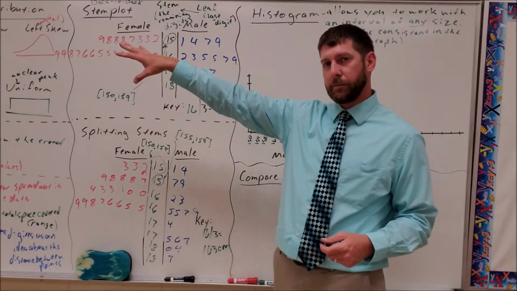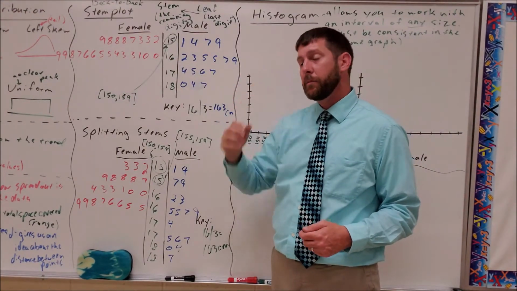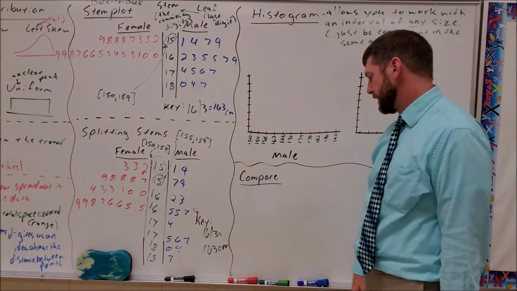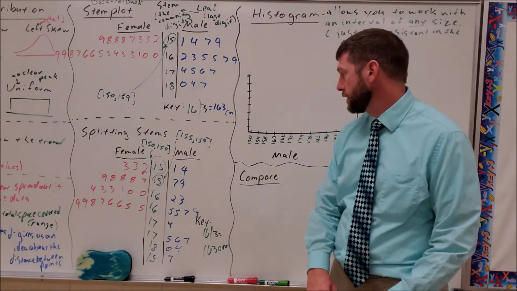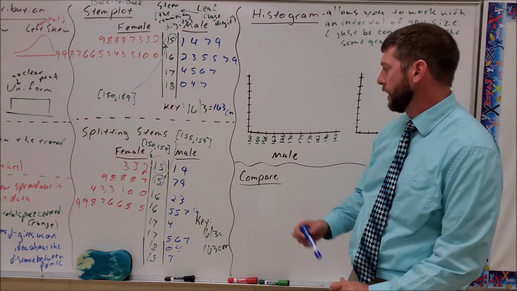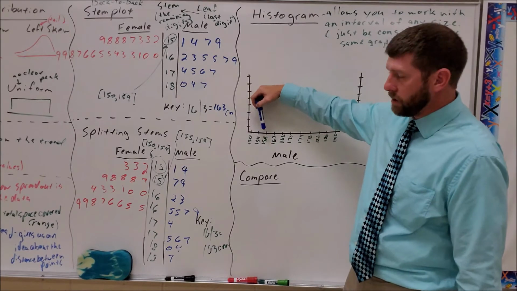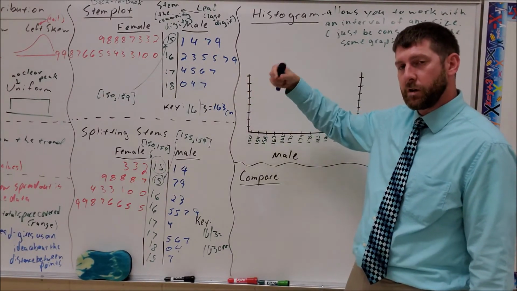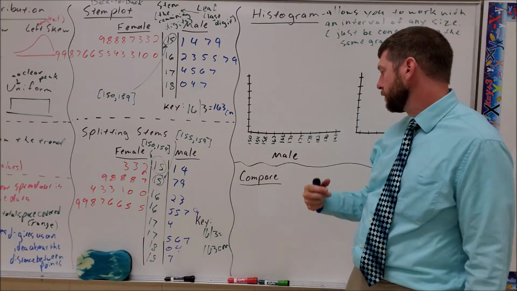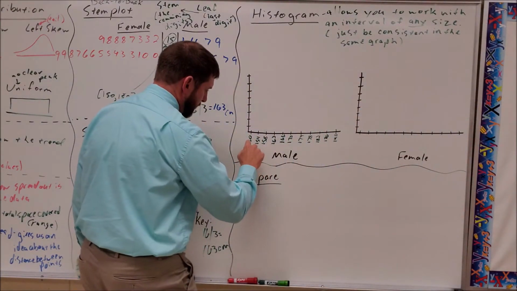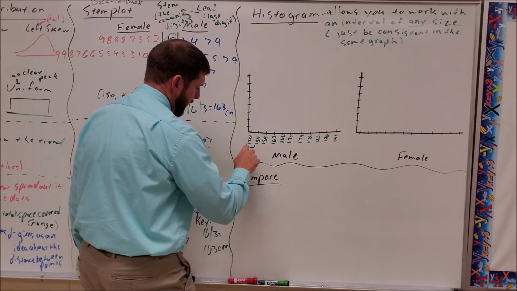So it's like a dot plot in that you can number however you want, but it's like a stem plot because we'll get to be able to stack some stuff up. What do we mean by stack some stuff up? Well, let's just count and see. So on the male graph, I read these intervals as between. So that 150 to 154, this interval right here actually means